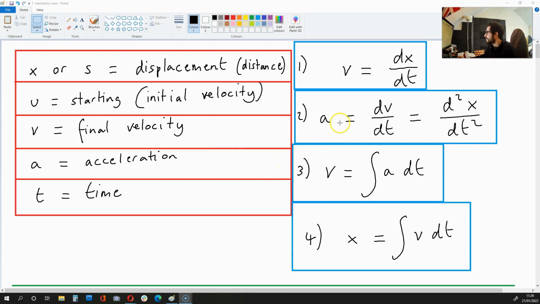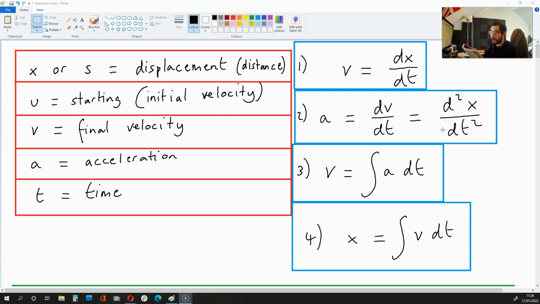Hello there. In this video, I'm going to be showing you how to prove that velocity is the rate of change of displacement with time. I'm also going to show how acceleration is the rate of change of velocity with time, or the second order